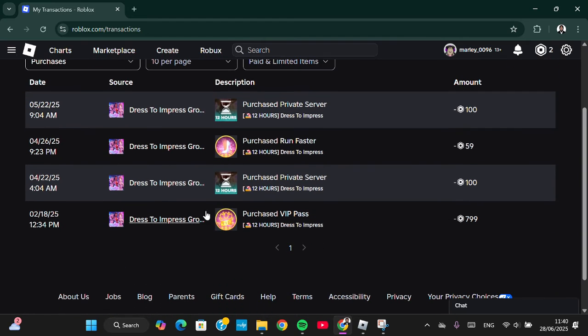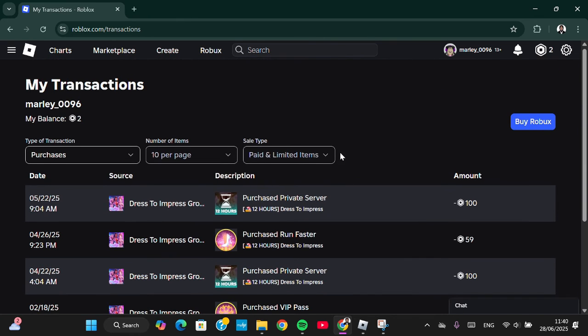As you can see, these are my purchases on Roblox. I purchased private server and then run faster and VIP pass. Okay guys, and that's all the way to find your